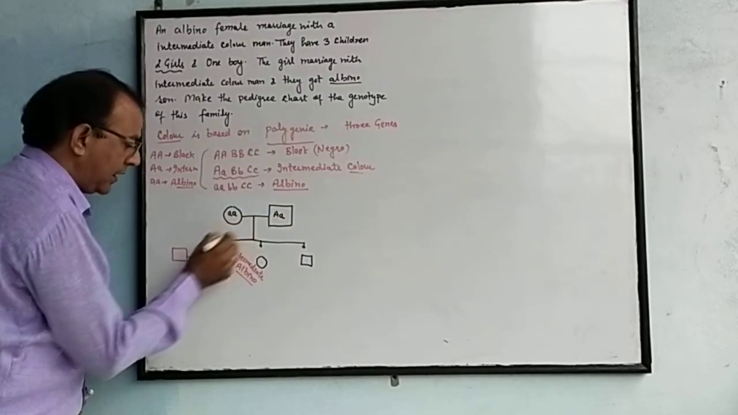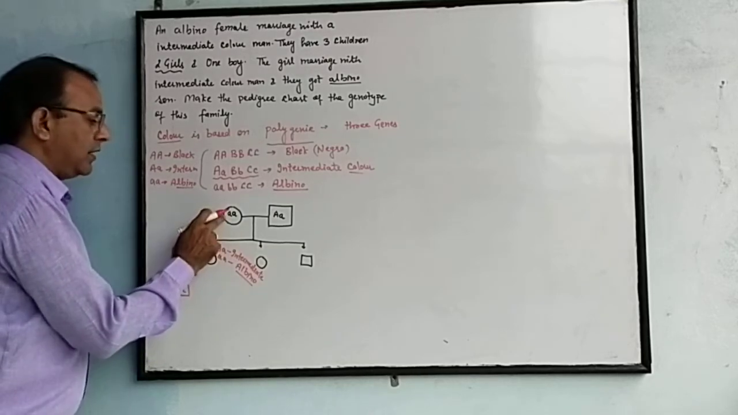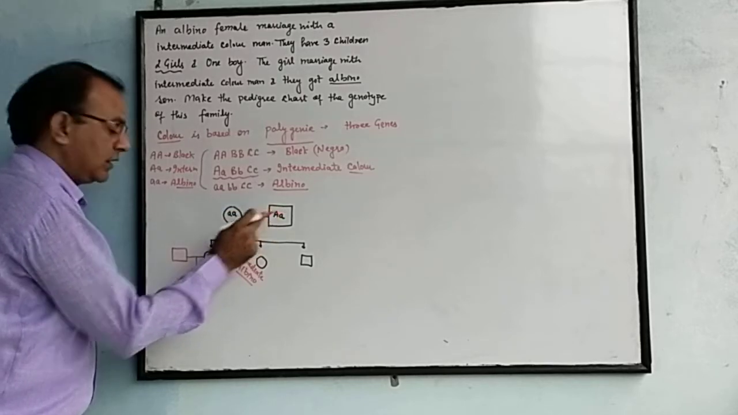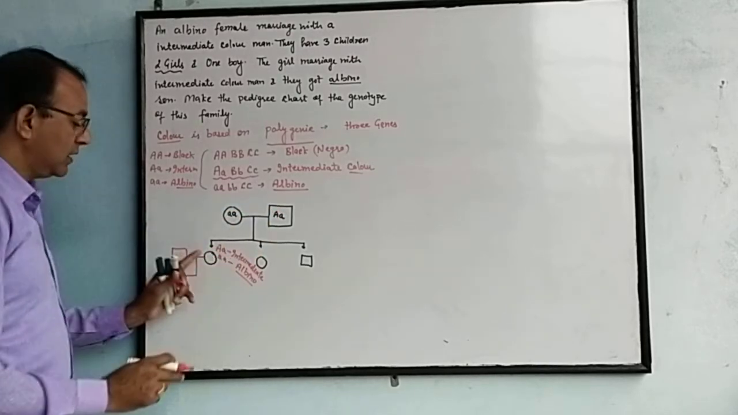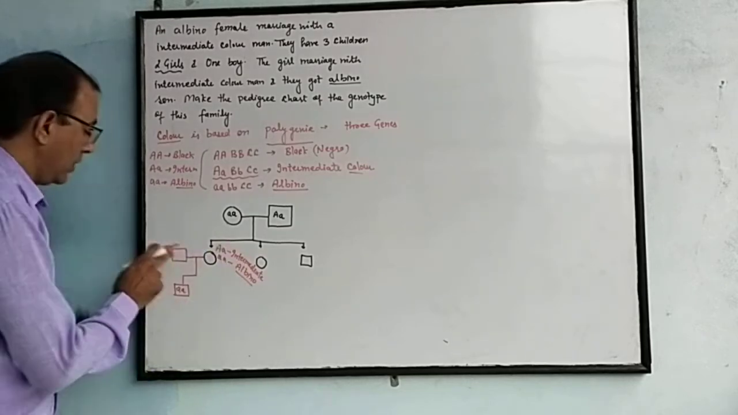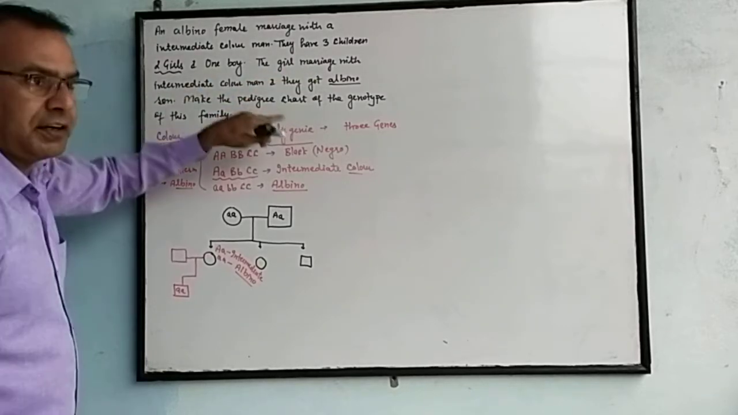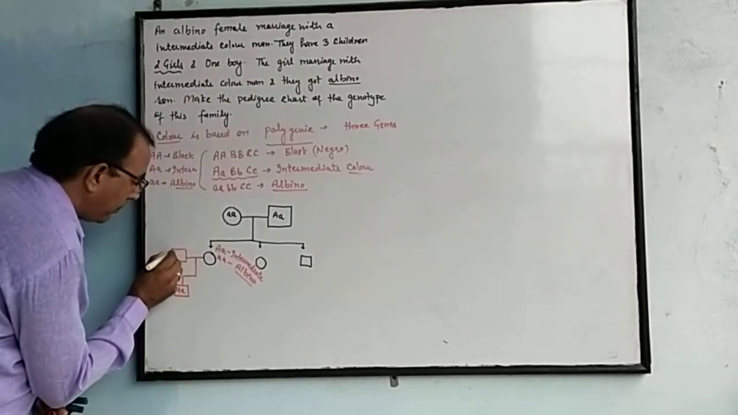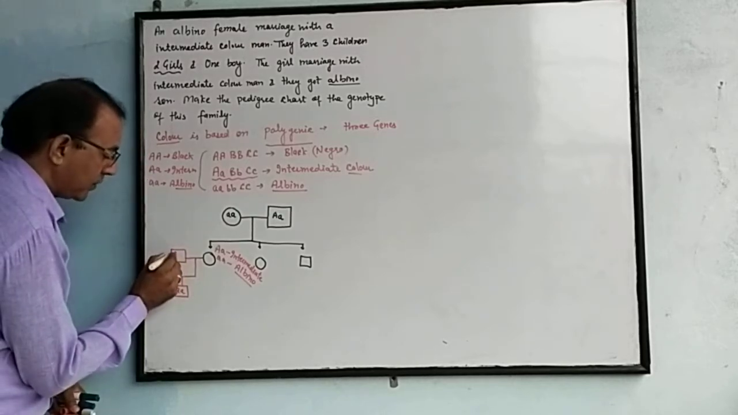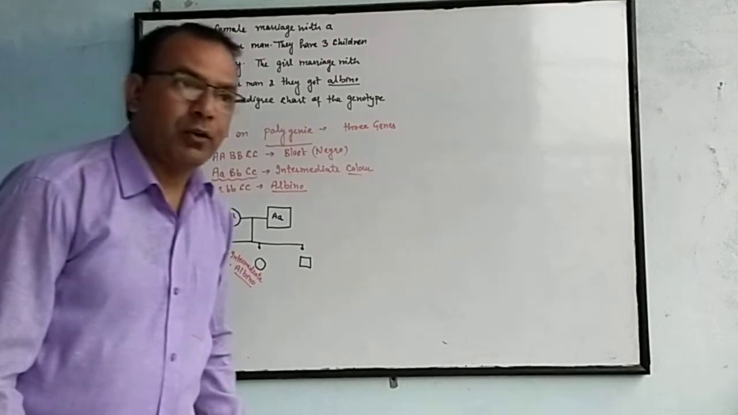If small a and capital A, then the color of this girl may be intermediate. And if one trait from mother and one trait from father are both small a, then the color of the girl may be albino. And this girl again marries an intermediate-colored man. It means the husband of this girl is intermediate, one capital, one small, and they got an albino